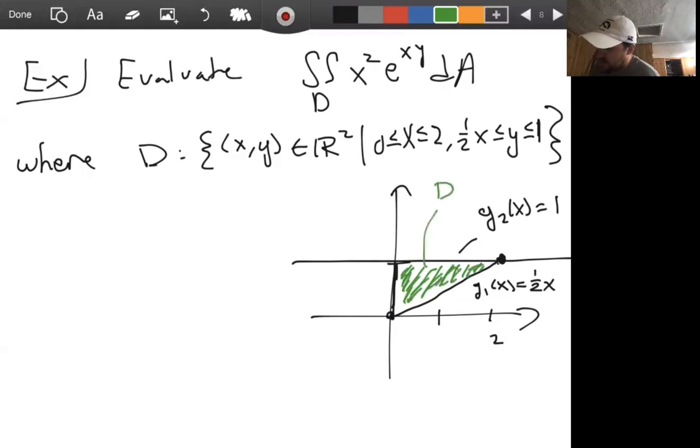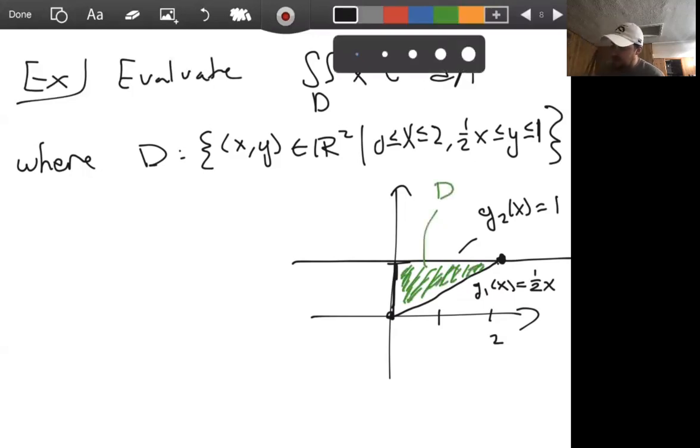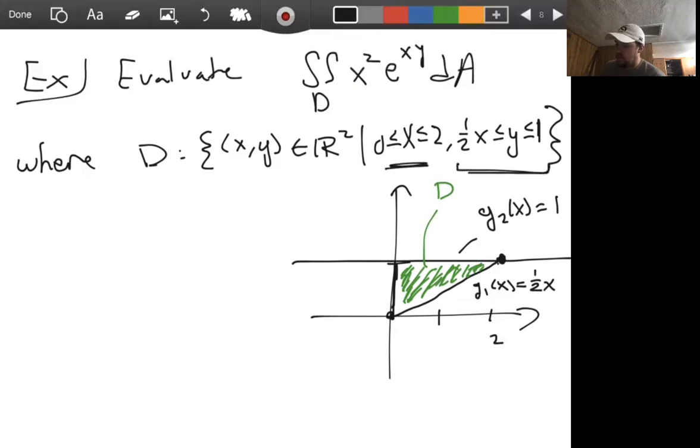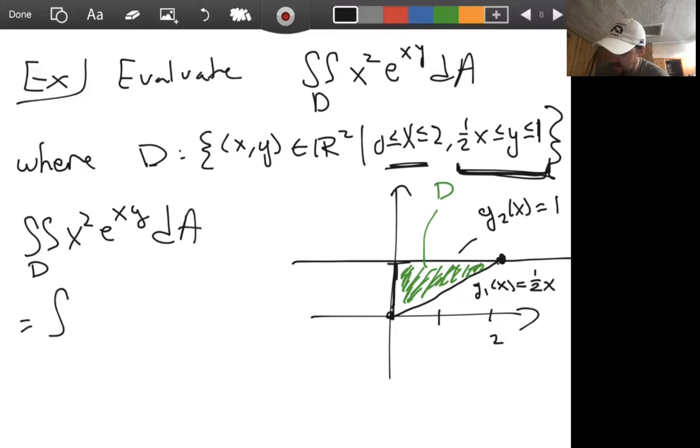So this is the region D that we're looking at. And we can see that we have constant x bounds and the y bounds are functions. Or at least one of them is, right? Which tells us that this is a region of type 1. And so when we set up the integral of x squared e to the xy dA, we can express this